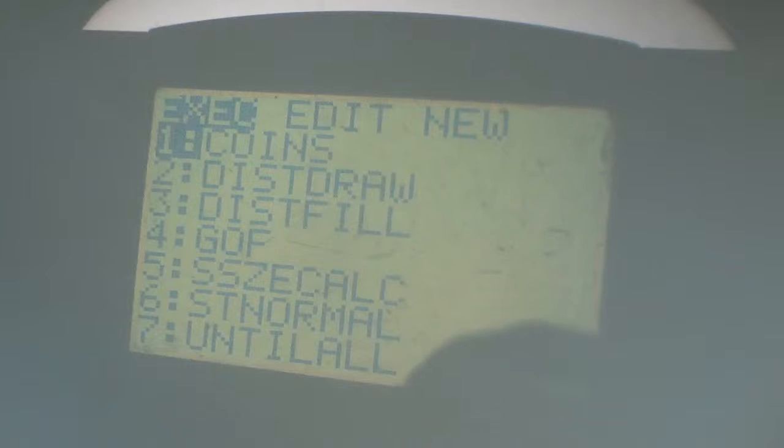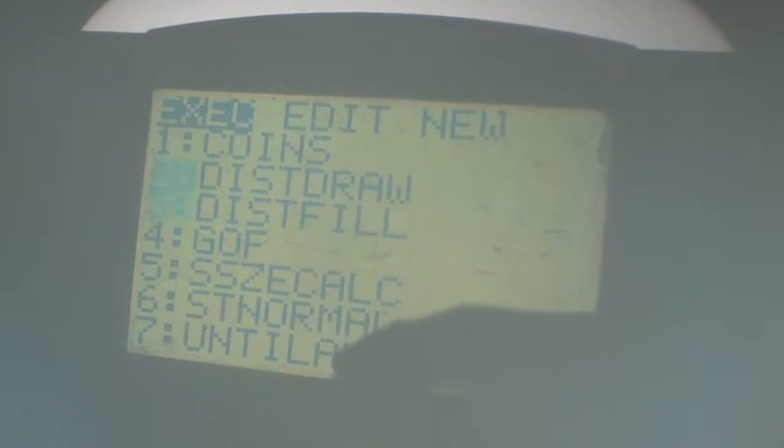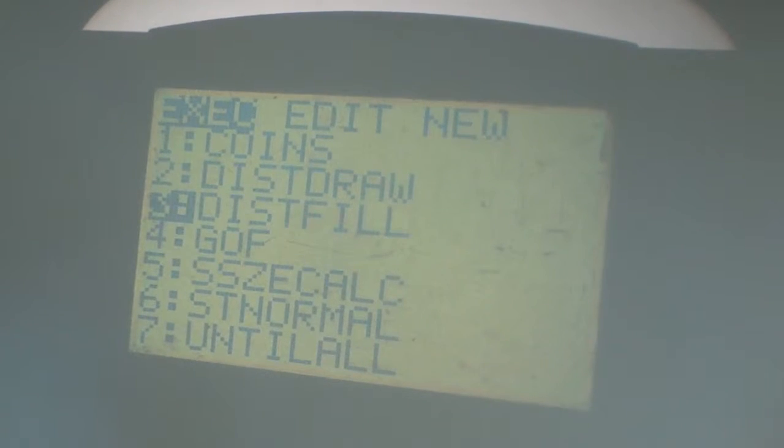Now, these two kind of go together. Let's go to dist fill. When you press enter, it's going to kick you out to here. Press enter one more time to run the program. Now it should ask smallest x. Now before you get into this, technically speaking, you have to know the situation that you're modeling in